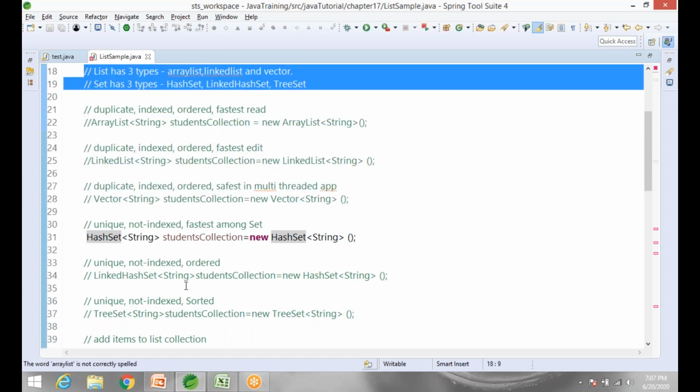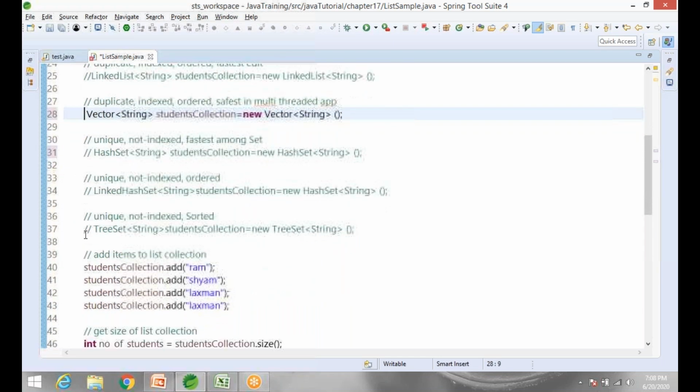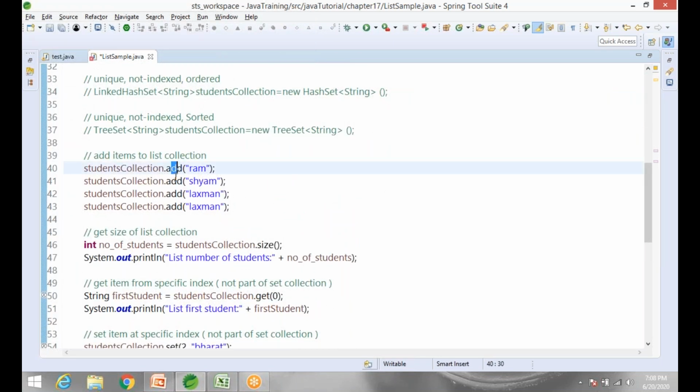I'm declaring all those things, so you can just uncomment and see what the methods are. If you want to test Vector, just uncomment and run the program, and it will show you how it adds